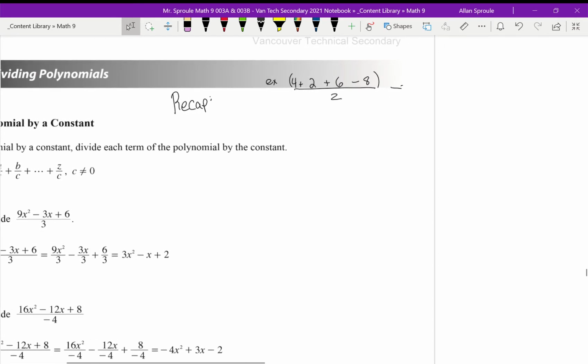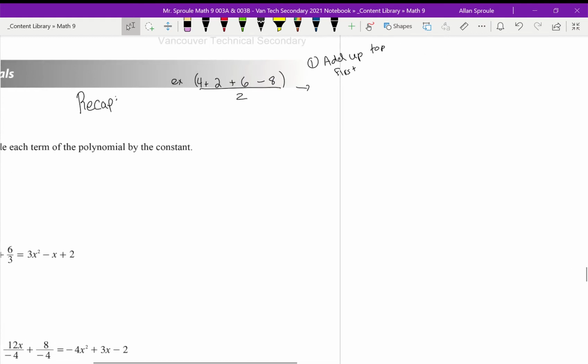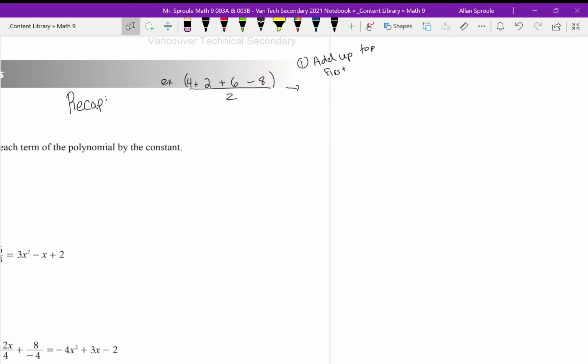Method 1 is I can add up everything on top first, following order of operations. So I would do 4 plus 2 plus 6 minus 8. I get 6 plus 6, which is 12. Take away 8 gives me 4, and I'm going to divide this by 2. So all I've done is simplify this top piece, and then I have 4 divided by 2,